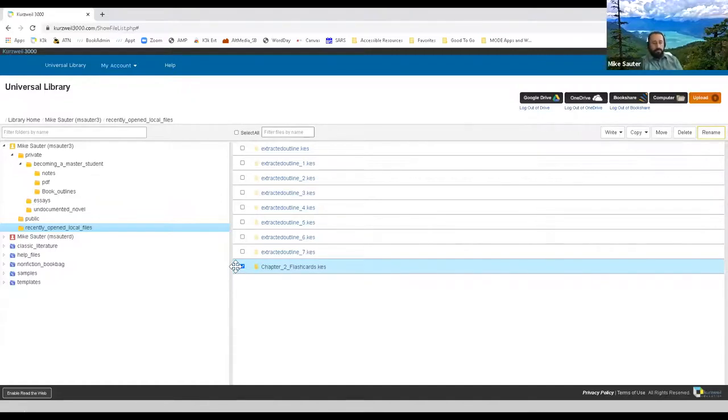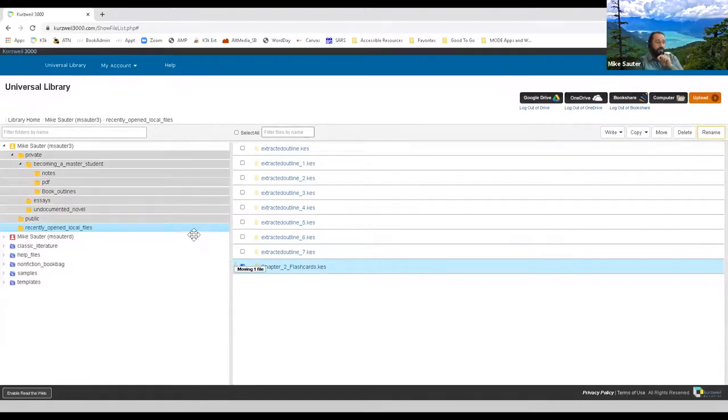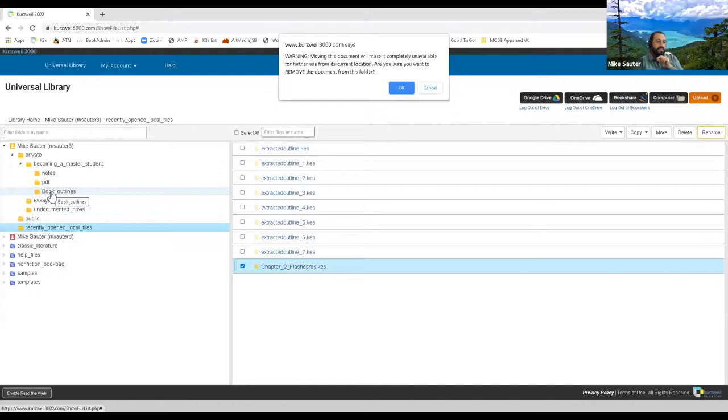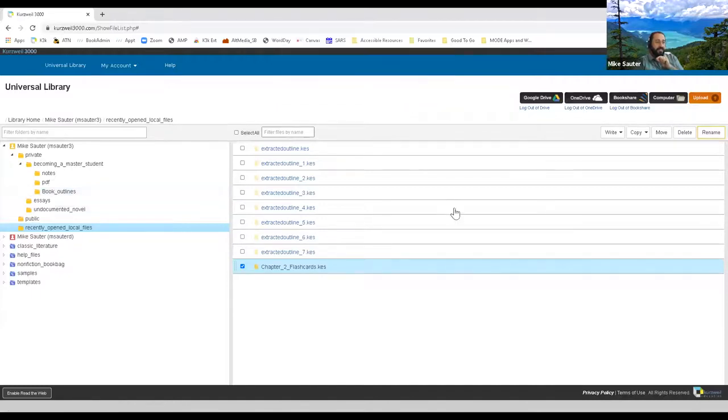So I like to show you all different ways that you can do things. And Kurzweil has recently added the ability to drag and drop, which is so much nicer than using those buttons. Let's see if it works for us today, because it can be a little buggy. But if I hover my mouse over just to the left of the name, I get this crosshairs cursor. And if I click, it will allow me to move my file, but I have to be real specific where I drop it. Notice how it is highlighting in a darker color. So when I click and release and click OK,